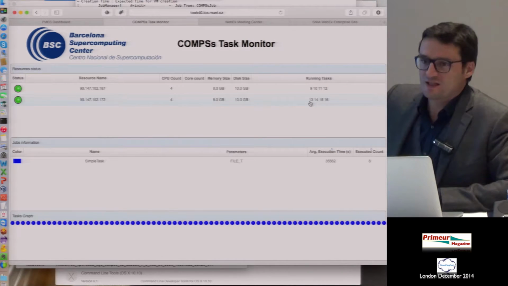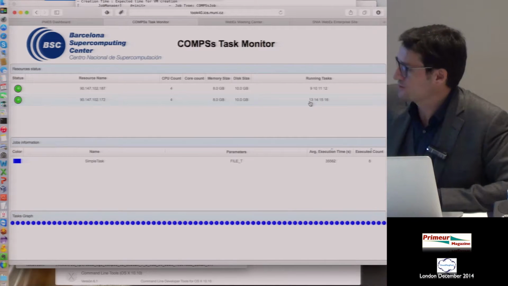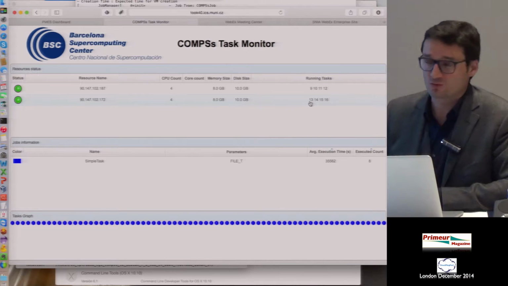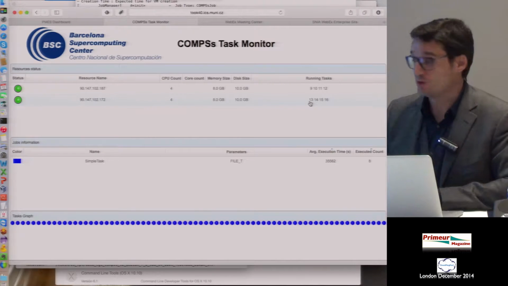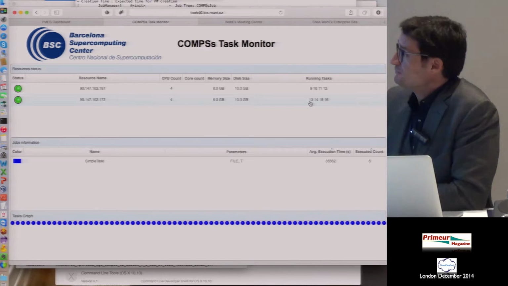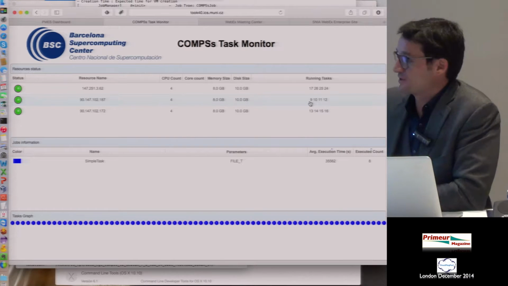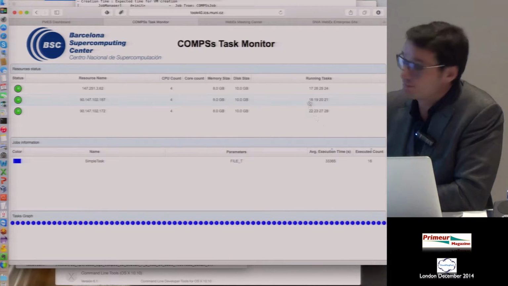We developed this code again for demo purposes. Of course, we have much more complex applications with much more complex workflows, which include data dependencies. So in this case, the runtime will take care of resolving the dependencies between tasks. Here the third virtual machine has appeared.